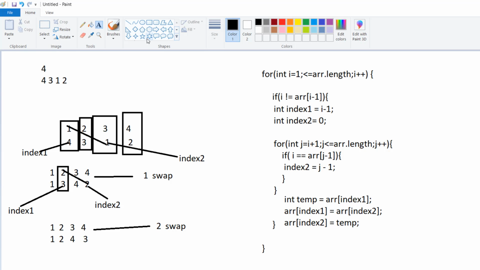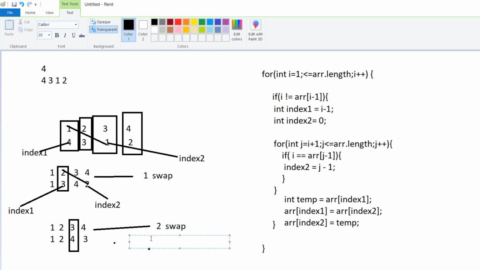Now it will go to the third iteration after that. In the third iteration, you figure it out that these are not equal. So 3 and 4 is not equal. So what he will do? Again he will repeat the same thing and he will replace the 4 and 3. So our value will be like this. One, 2, 3, 4. And here 1,